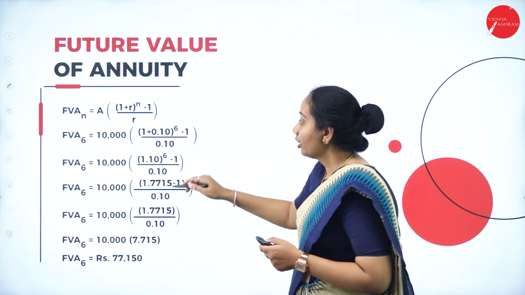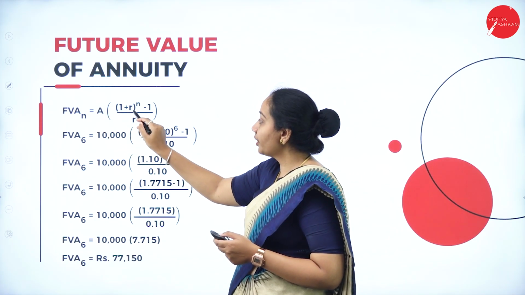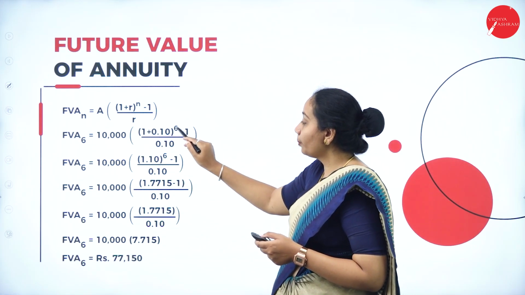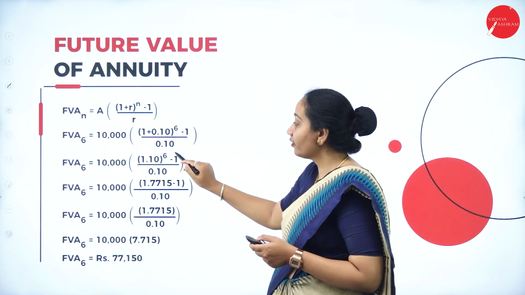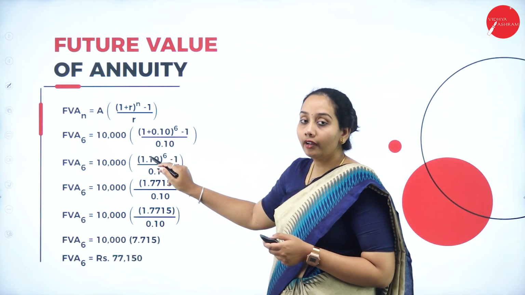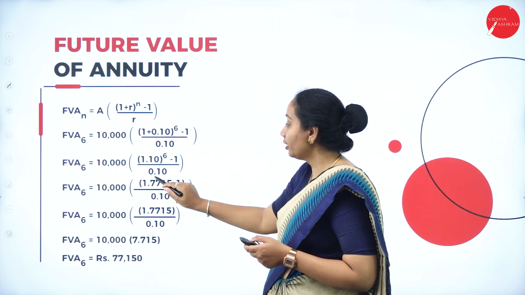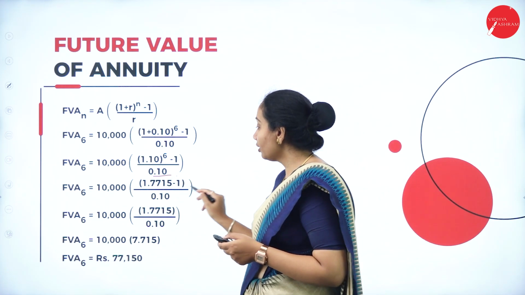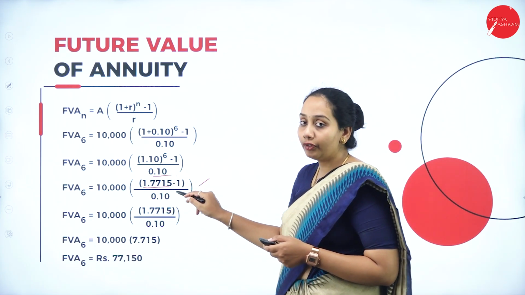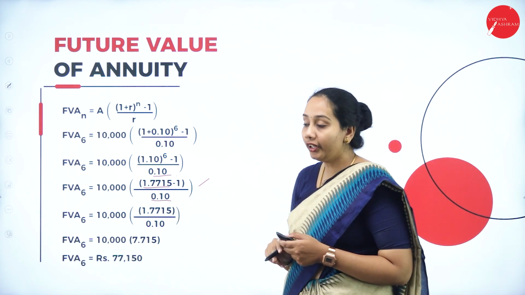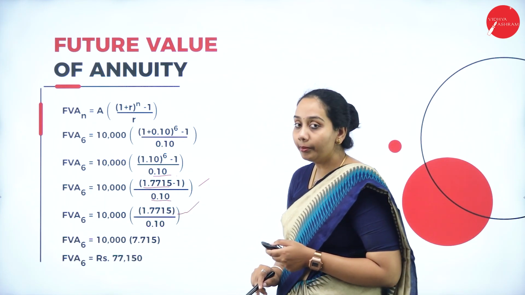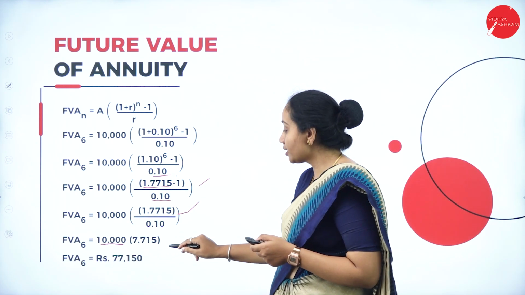So the calculation part. The formula: future value is equal to A into (1 plus R) to the power of N minus 1, divided by R. So 10,000 into (1 plus 0.10) to the power of 6 minus 1, divided by 0.10. 1 plus 0.10 will get 1.10 to the power of 6, which is 1.7715, minus 1, divided by 0.10. So 10,000 into 0.7715 divided by 0.10, that is 10,000 into 7.715 will get